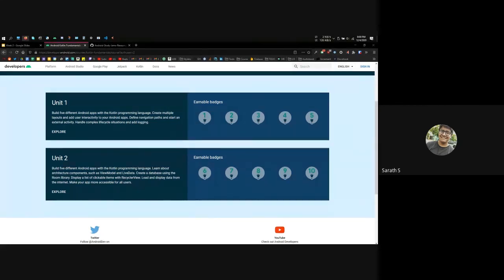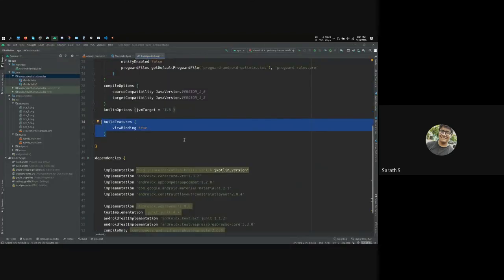Do we need a minimum of 8 GB RAM? The recommended minimum spec is 4 GB. It would be better if you have 8 GB because Android Studio is pretty heavy. As you saw, it has many features to generate stuff for you and to suggest. It has many plugins, and all these things need a lot of memory from your system. So 4 is the minimum. We prefer 8.